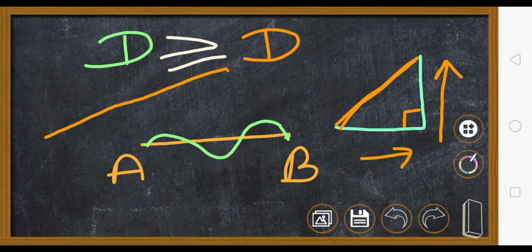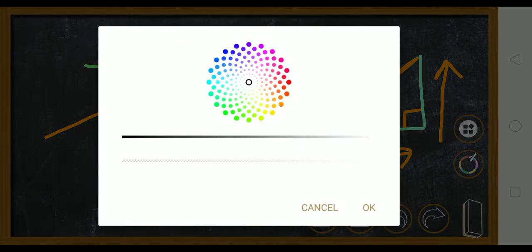So understood. Now distance is always what? The length of the path calculated. So it is always going to be positive. But displacement can be positive or negative depending upon its direction. Now one more thing, displacement can be zero also. Distance can never be zero. How displacement will be zero, I will show you.